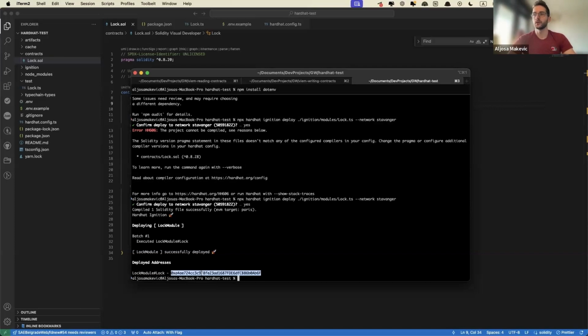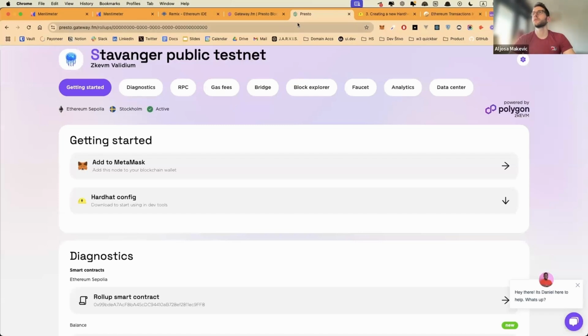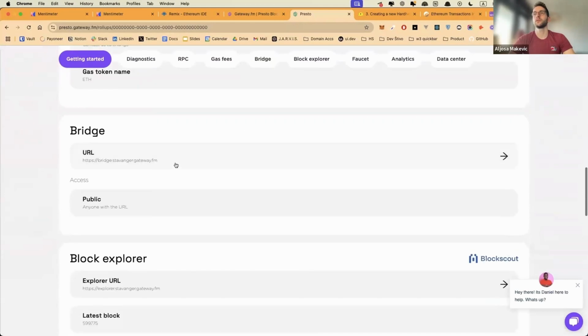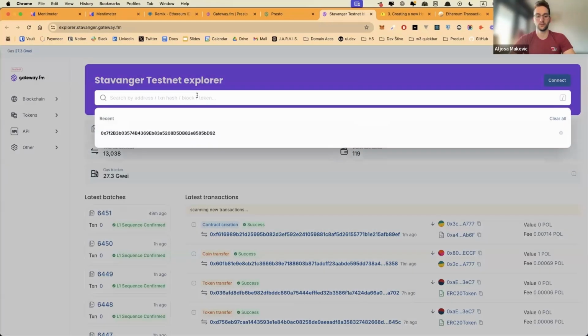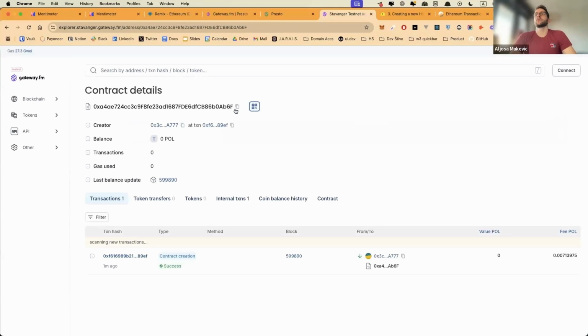So this is the address of our newly launched contract. And if we go to the block explorer of this chain, which we can find on the page, this is like Etherscan, just for Stavanger. See, if I paste this address, because it's unique, it shows me this contract.